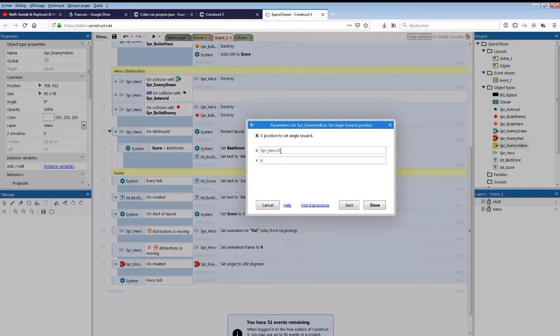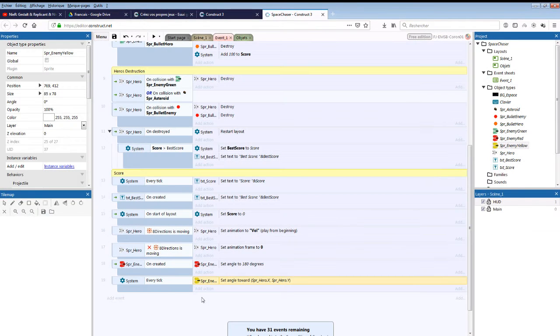So this means the X of the hero. And if we do the same thing here, Y, this means the Y of the hero. So that means every tick, the enemy would set his angle toward the X and the Y of the hero. So basically, he's going to move toward the hero every tick. So if we try that,